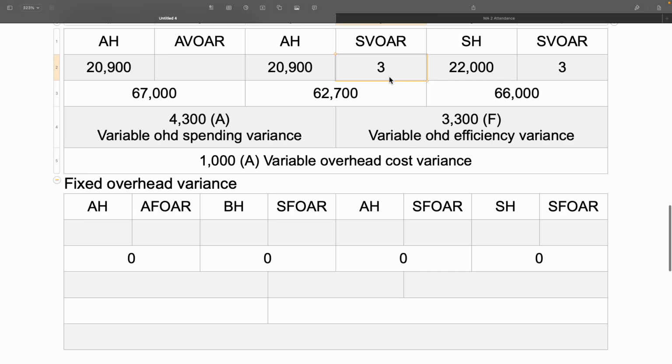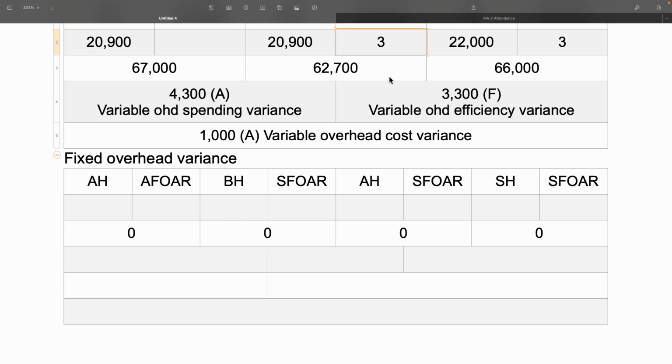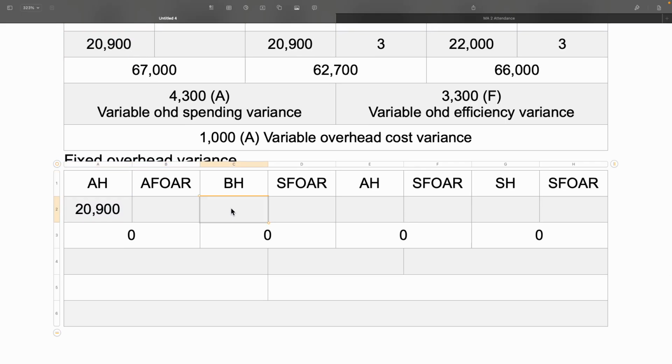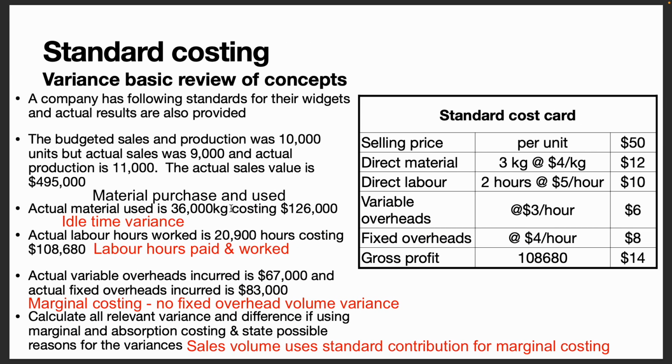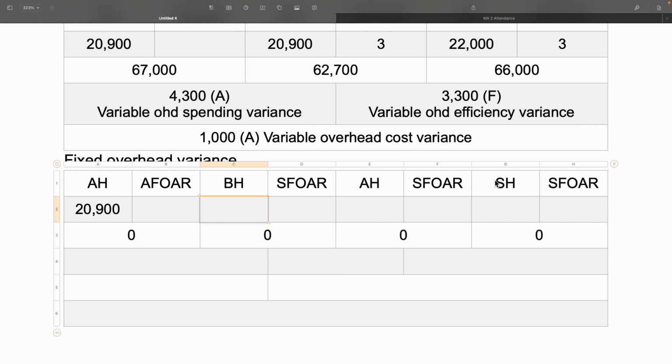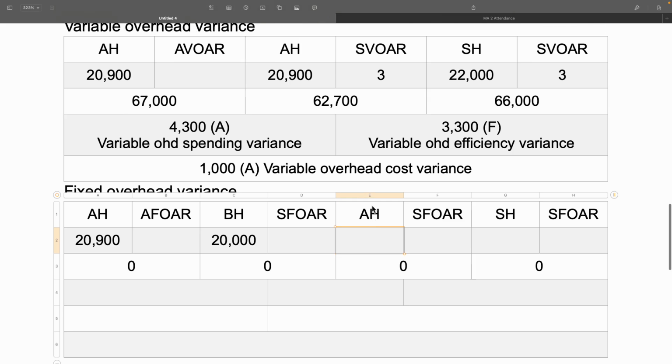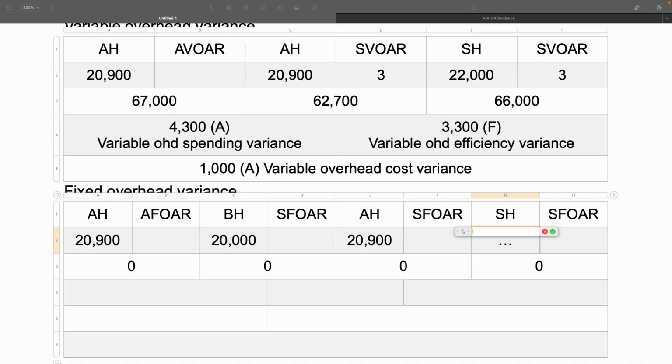Next one, fixed overhead variance. Actual hour, actual fixed overhead rate. Well, we don't need the rate, but we know the actual hour, same. This one got a special one called budgeted hour. Budgeted hour is going to be production times the hours. How many hours? 2. So the budgeted production was 10,000 times 2. 10,000 times 2 is going to be 20,000. This is the actual hour again, 20,900. This is standard hour, which is same as